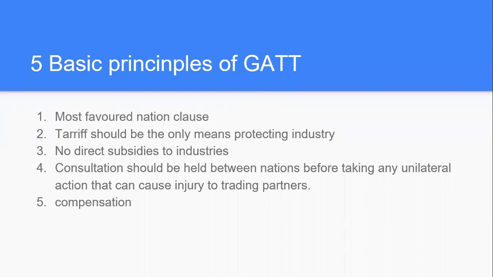Okay. Now, the principles are 5 in number. We have the most favored nation clause. Okay. Basically, what it means is that whenever one nation grants to another, the